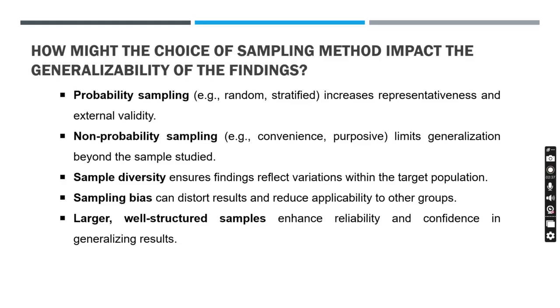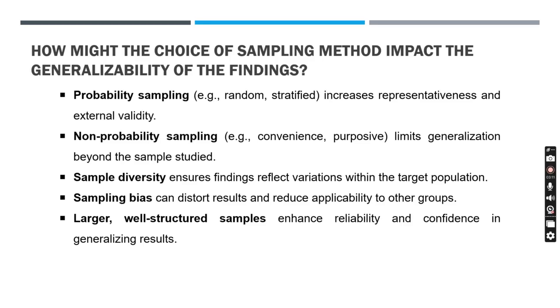might the choice of sampling method impact the generalizability of findings? Okay, why? Will the choice of sampling method affect the generalizability or not? There are around 5 main points here that we can use in order to answer this question. The first is that probability sampling, okay, increases representativeness or the generalizability and the validity of the